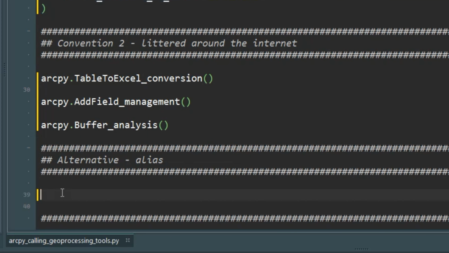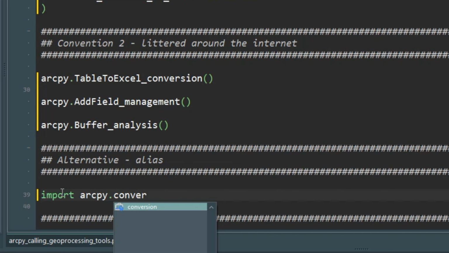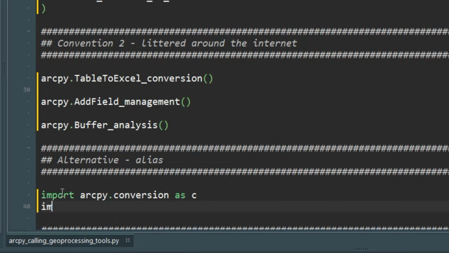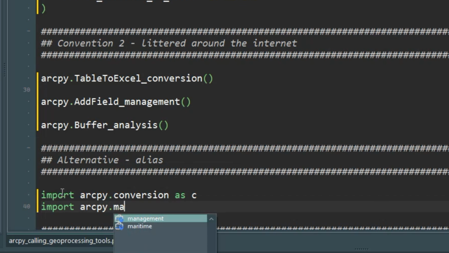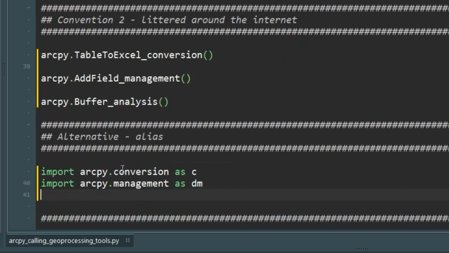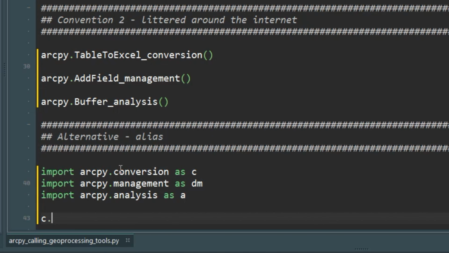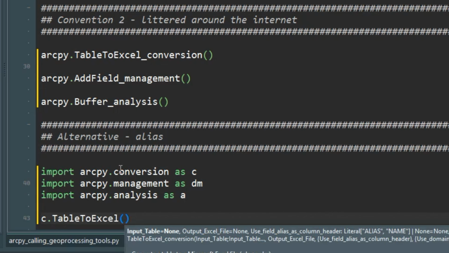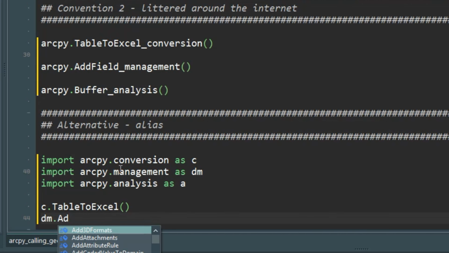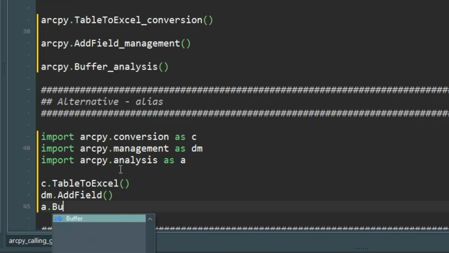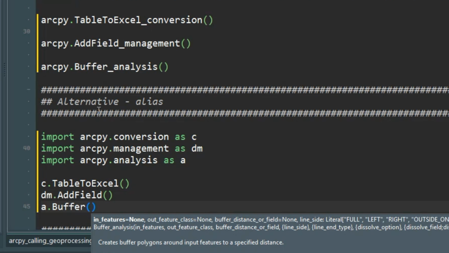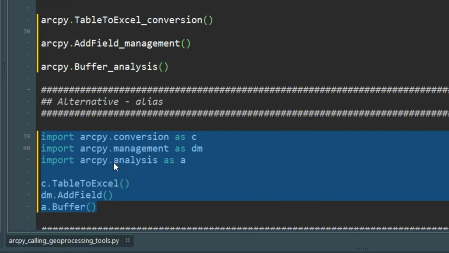An alternative is to use an alias, so we could import arcpy.conversion as C, import arcpy.management as DM for data management, and import arcpy.analysis as A. We could simply then call C.TableToExcel, DM.AddField, or A.Buffer. It is very, very rare that you see this convention, and I highly recommend that